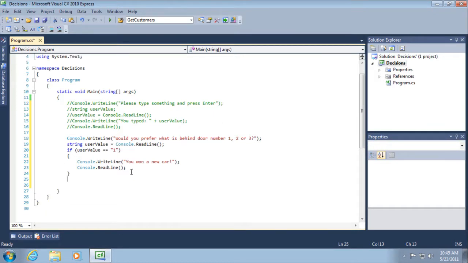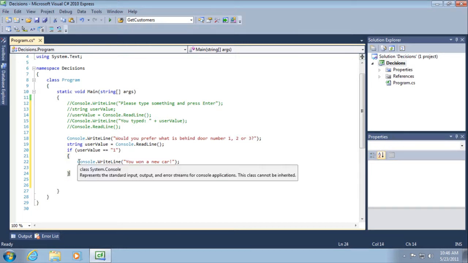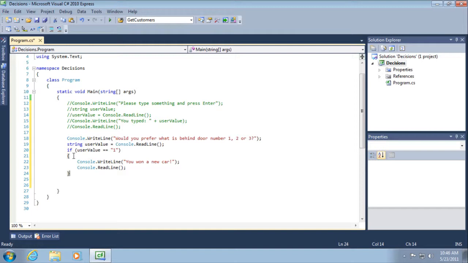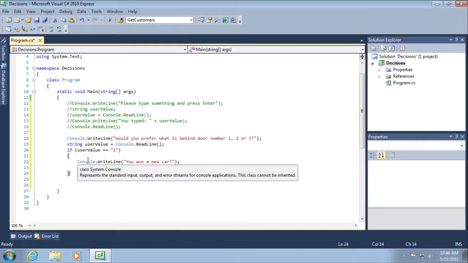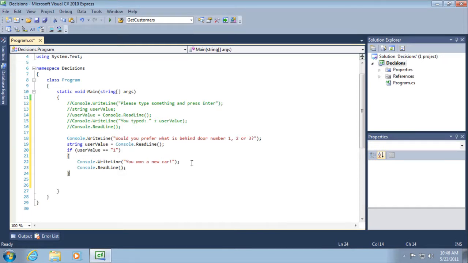Okay, so what's going on here? Here we're going to check to look at user value. If user value is 1, so in other words, if the user hit the number 1 on their keyboard and then hit enter, then we will execute this block of code. Again, a block of code defined by opening and closing curly braces. And so inside of the curly braces, that block of code that gets executed will just simply print out, you want a new car, all right? And then it'll wait, pause for using the readLine method that we learned about earlier,